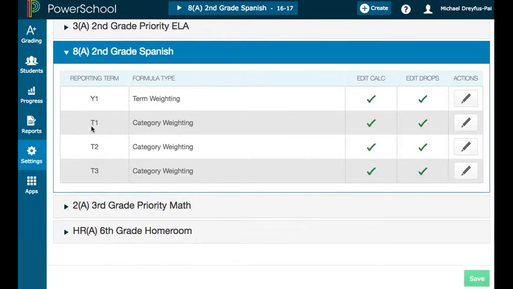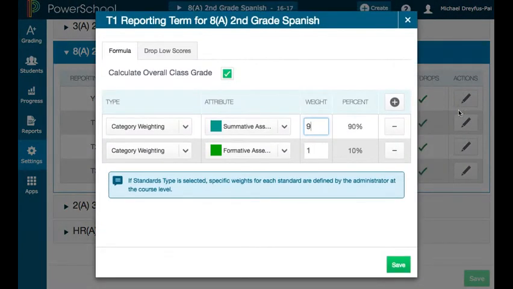In our trimesters, we have category weighting. Let me show you how that works. We have two graded categories. We have summative assessments and we have formative assessments. Now, we've been scaffolding this up over time. 2 years ago, the breakdown was 75% summative, 25% formative. By moving to 80%, 20% last year, and then 90%, 10% this year, we're getting closer and closer to the